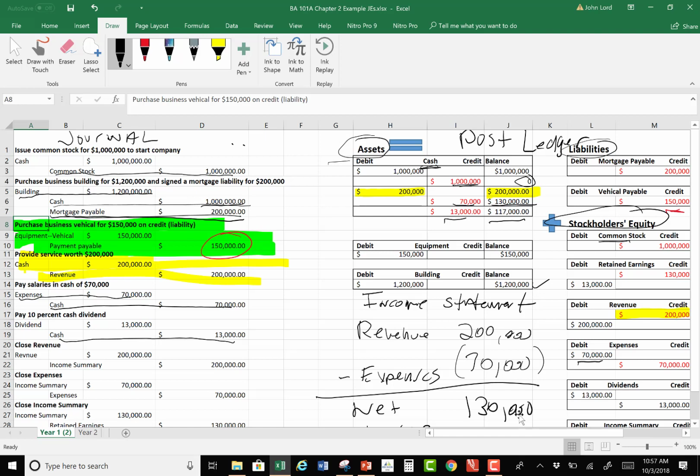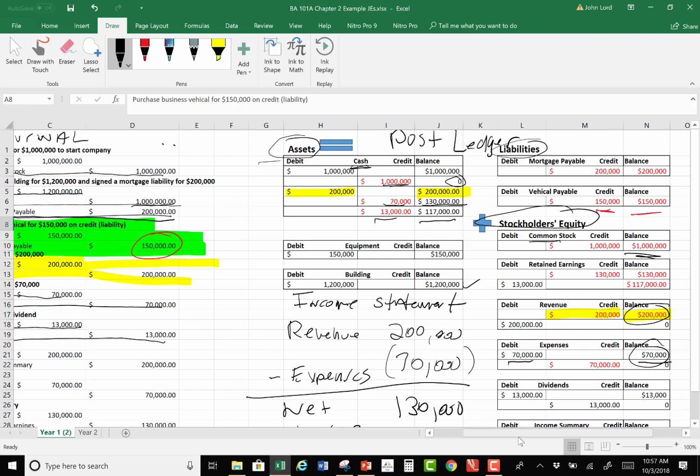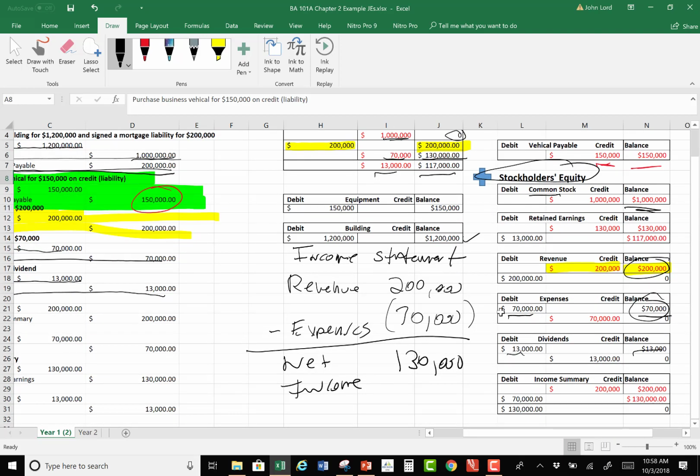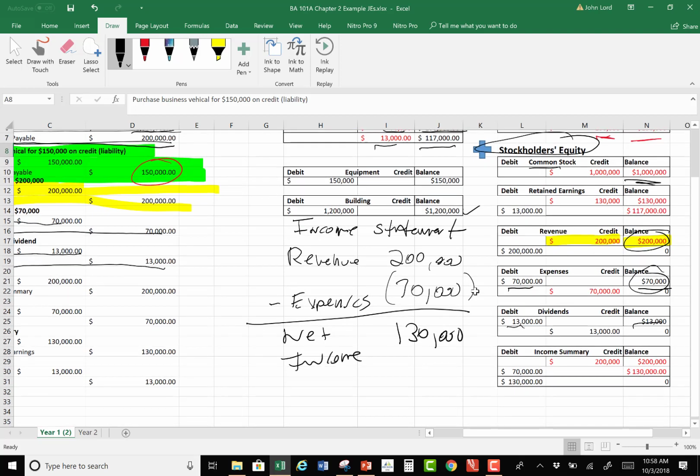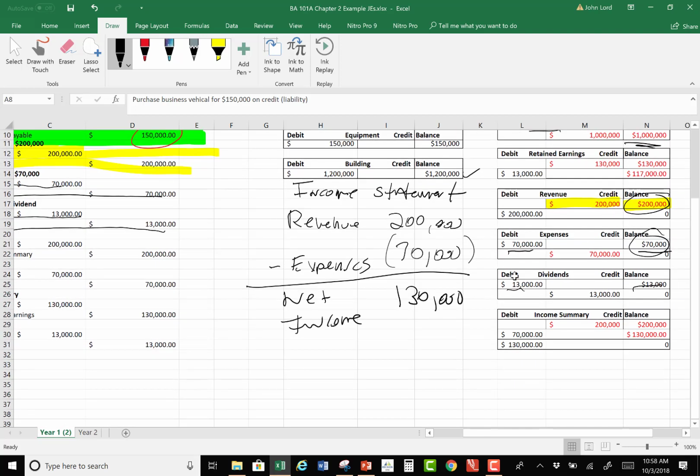So I credit that 13,000 because I've drawn. And I debit this account called dividend. I debit dividend 13,000. And I go ahead and post that debit. So I know that this year I paid what? 13,000 of dividends, right? So I've got my income statement. Revenues minus expenses is net income. And now I can go ahead and prepare my statement